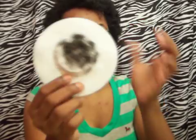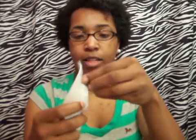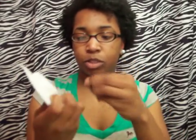When I wash my hair, I like to, let me show you. I have a drain catcher, and so it collects all of the hair when I detangle my hair in the shower, and then you can just kind of look at it. And this might just be doing too much, but